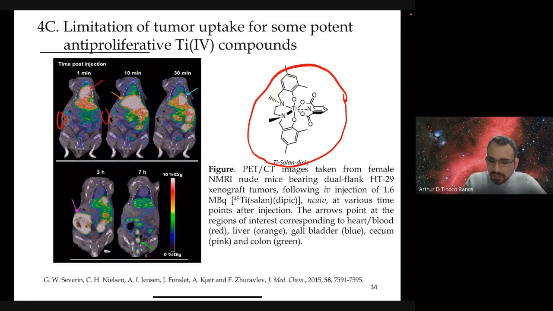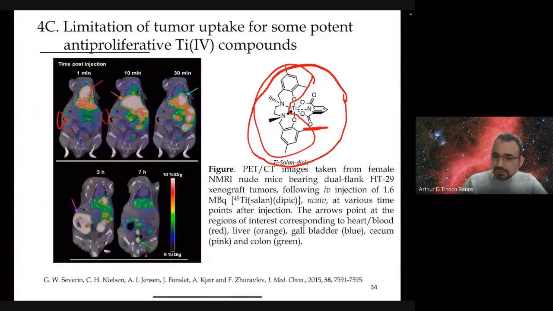You have a salen component. Remember I was telling you about the phenyl amino features of this ligand. Then you have another ligand, a tridentate ligand, DIPIC. DIPIC is something you have seen, although I didn't emphasize it much when we were talking about vanadium antidiabetic properties. So you have these two chelators bound to the metal center, and in a previous study, it was observed that this compound